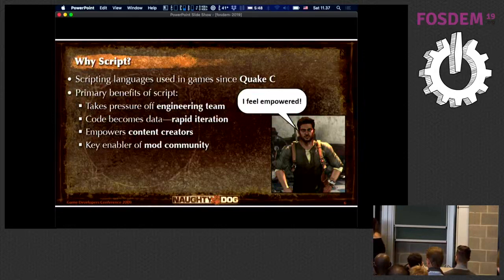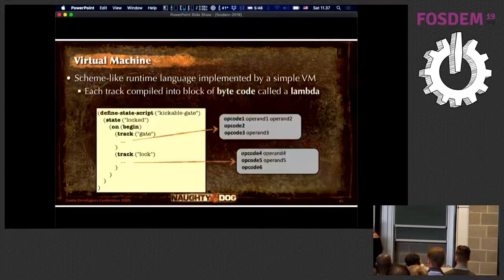So it's just a side effect that it becomes very easy to provide tools for modding communities to build their own content for the game. This is the example that they have for their language that they gave, and I was very curious about this, so I emailed the person that gave this talk, asking